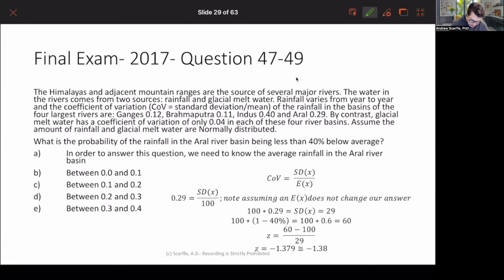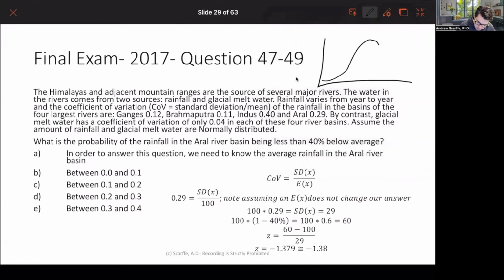And the important part you need to recognize in this question is that because we are just dealing with the Aral River Basin in this particular scenario, 40% below average, it honestly doesn't matter what size of expected value we pick. We could pick 10 millimeters of rain, we could pick 100 millimeters of rain, we could pick 1,000 millimeters of rain, but because